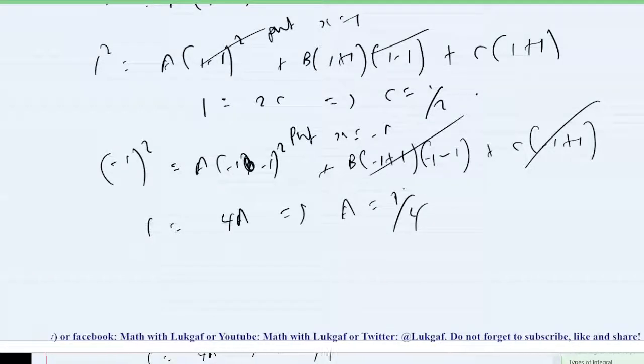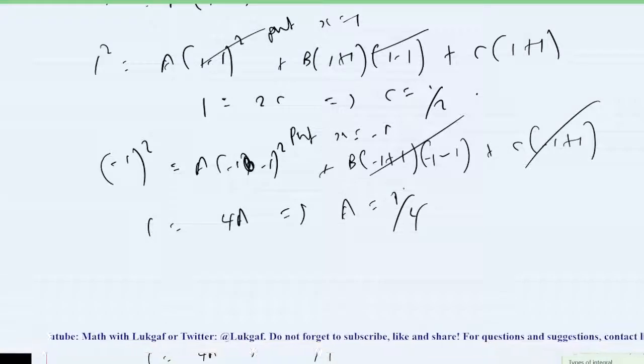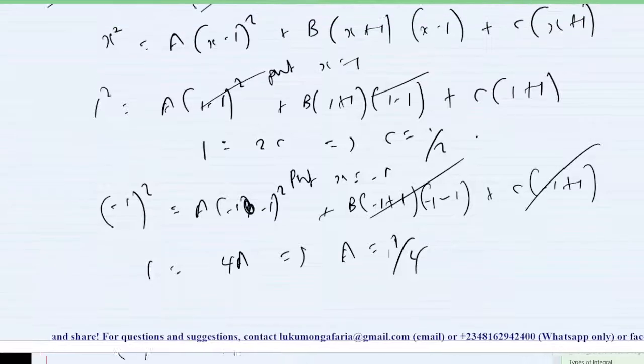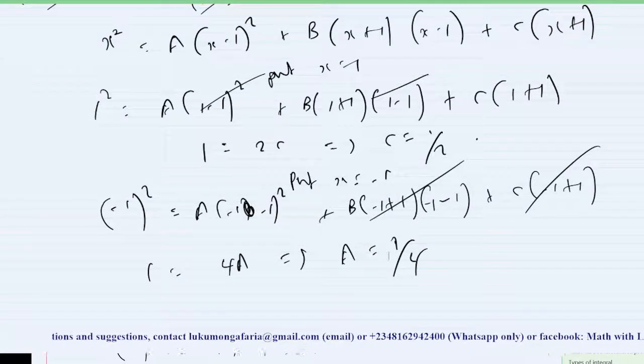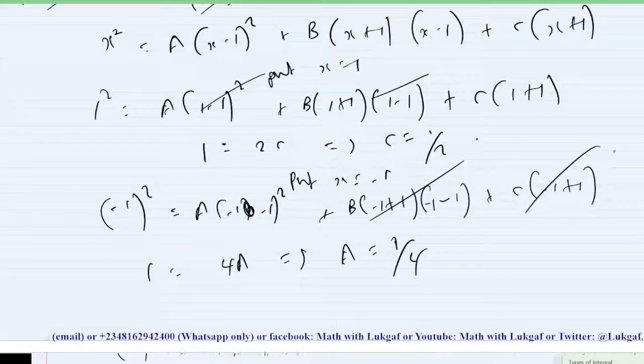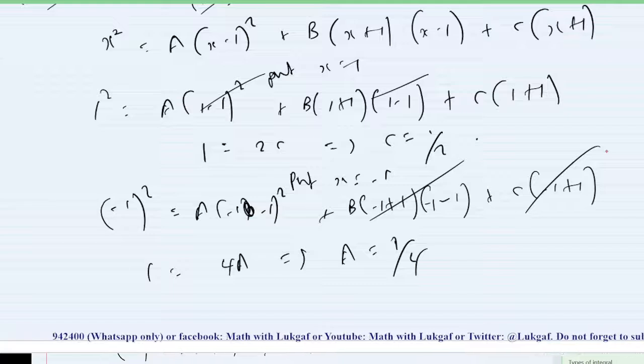But we are left with what? With B. And we don't know what else to substitute such that we are going to have the value of B. That is where you are going to use the comparing the coefficient method. You understand? It is not difficult. What you are going to do is to expand your right hand side and compare the coefficients